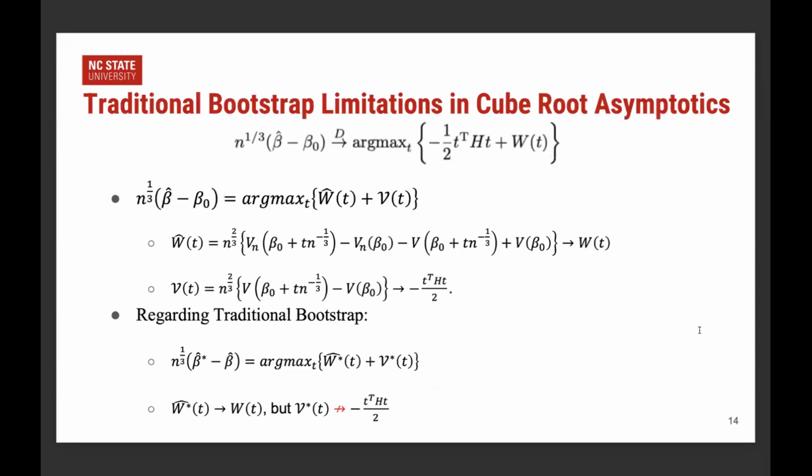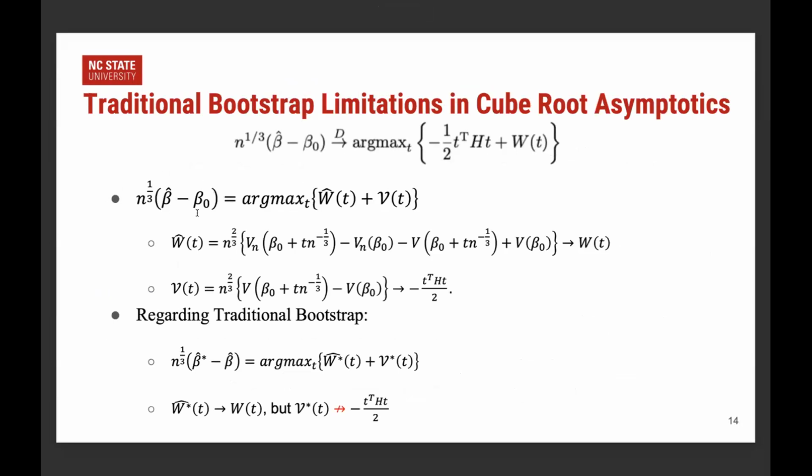So even if we study the asymptotic distribution of the beta hat, we cannot apply it in real applications because it is too complex. Therefore, we need to utilize the bootstrap for inference. However, the cube root rate makes the traditional bootstrap fail. Here, we briefly introduce why.